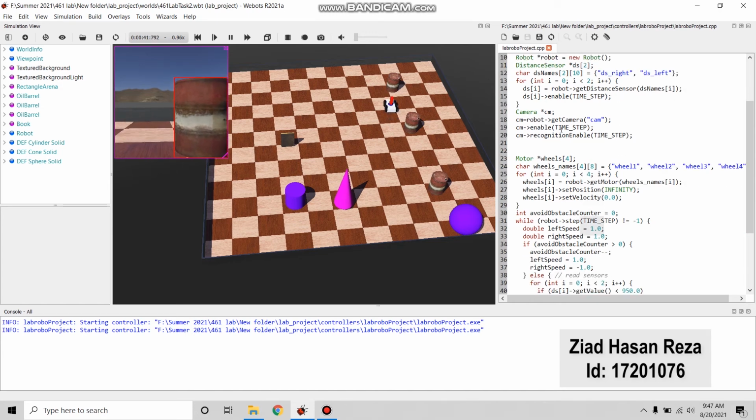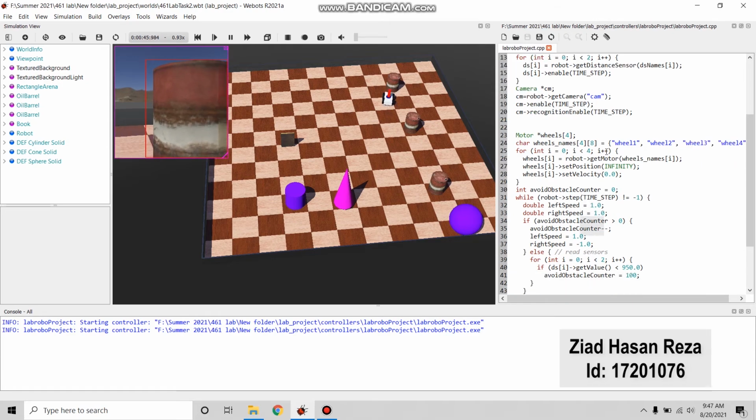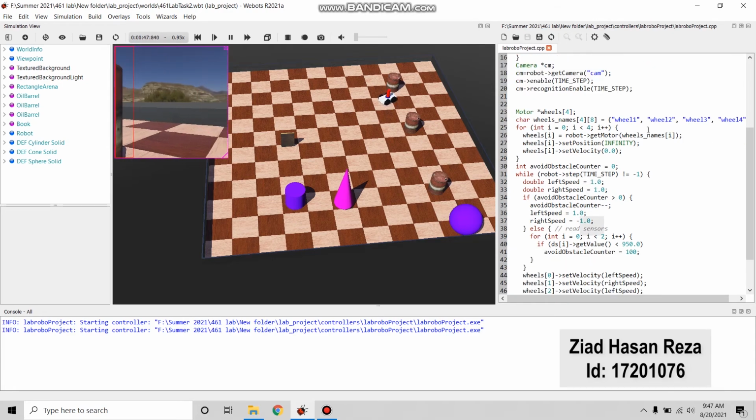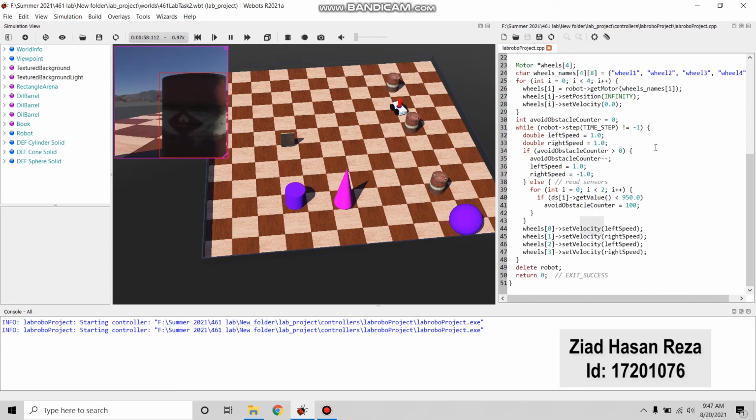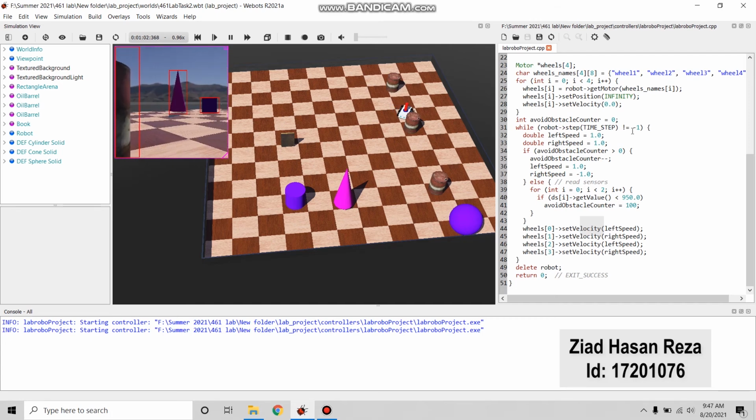Then we add a camera. We enable the time step and recognition for the camera. Then we have four wheels, wheel 1, 2, 3, and 4. And for each wheel, the position is set to infinity, so it will keep moving, and the initial velocity is set to 0. And then while the value of time step is not equal to -1, which means that while the simulation is running,